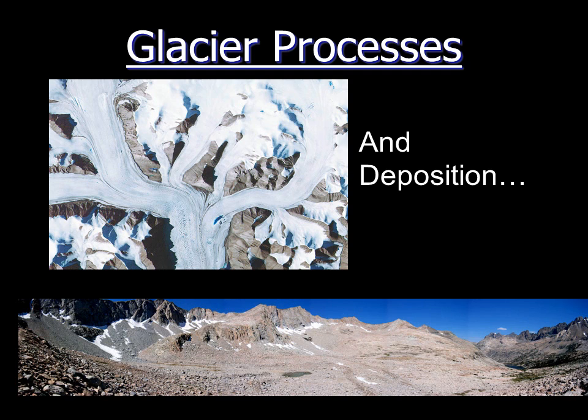Glaciers move more sediment than any other erosive process. They're just rivers of ice. This is kind of a cool image. These are different depositional features of glaciers called moraines. As the ice moves down, it's just like, what do you call those things at a grocery store? Conveyor belt. It moves rocks and dumps them off, moves rocks, dumps them off,